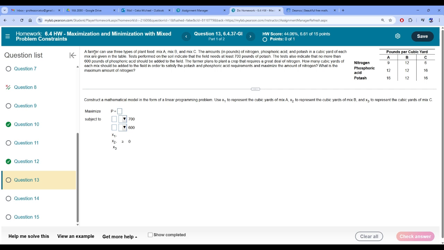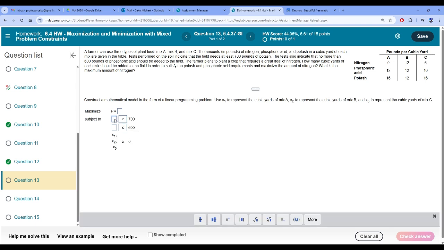So here, a farmer can use two types of plant food, mix A, mix B, mix C. The amounts of food in pounds of nitrogen, phosphoric acid, and potash in a cubic yard of each are given in the table. Tests performed on the soil show that the soil needs at least 700 pounds of potash, and the test indicated no more than 600 pounds of phosphorus. So first for potash is going to be